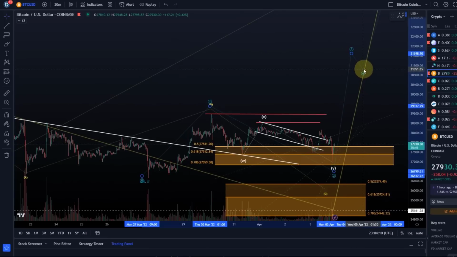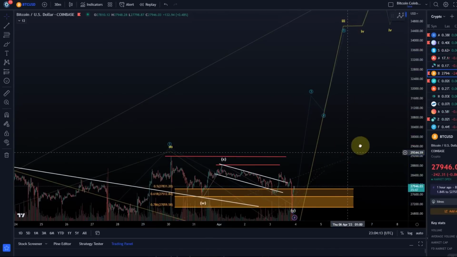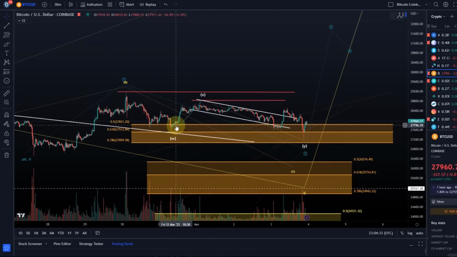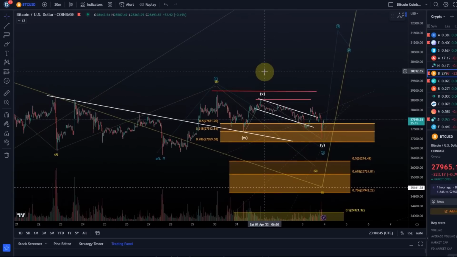The question is, how many attempts do the bulls need? And again, we now need to see an impulsive reversal. This is now another potential WXY bottom, where we had, probably here, to be honest, a WXY in wave W, quite a messy correction. Then our probably ABC in wave X, and then here another, well, you could say WXY in Y. So it's quite a complex correction which is unfolding here.